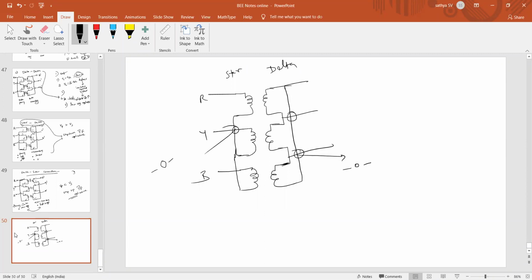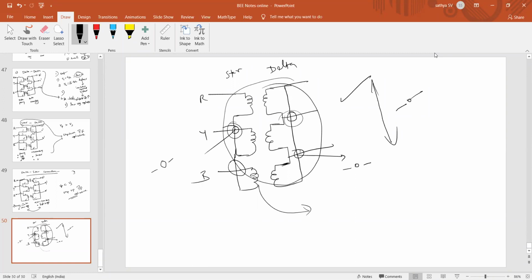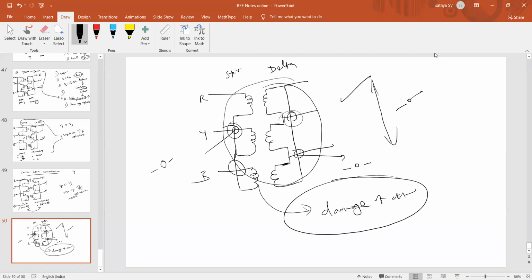But students may say, I wrote the exam very well, I gave all the connections very well. I used pencil. I wrote all the points. With this kind of diagram, even if you write all the 5 points, you will get 0 marks only, since your connection itself is wrong, you are making short circuits. What is the short circuit resultant? Damage of circuit. Clear? Understand?